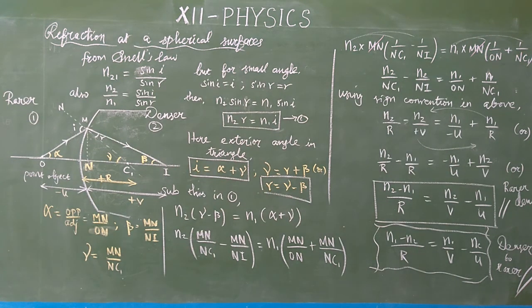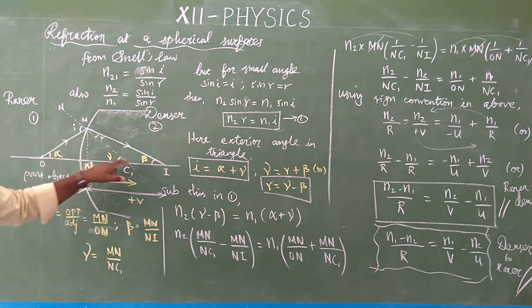Once again I'll explain in a shortcut. So refraction at a spherical surface, like a lens, imagine like a lens. So lens is a spherical surface. So the light is coming from air medium to the glass medium. So the air is the first medium, which we consider optically rarer, and the glass is the second medium, that is optically denser. But the object is a point object. For a point object, the light rays are incident. From the point of incidence to the center of curvature, we have drawn a normal. Then the light ray is bending towards the normal, that is called the refracted ray.